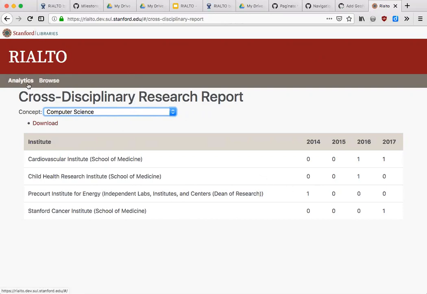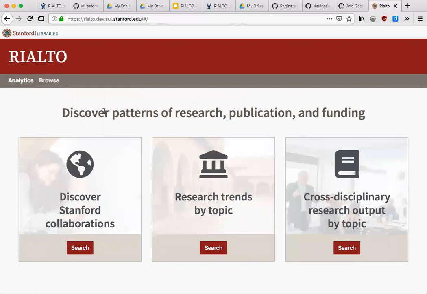So this is just a quick overview of where we are. We have all this data now harvested in a linked data store. We're indexing it into derivative data stores, in other words, Solr and Postgres, that we can drive a website off of, and we have this development version of the Rialto website that we're working on refining and understanding better. So we hope